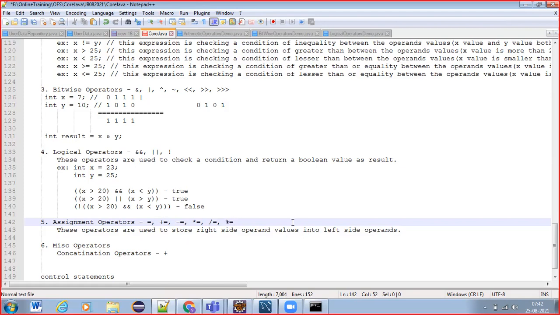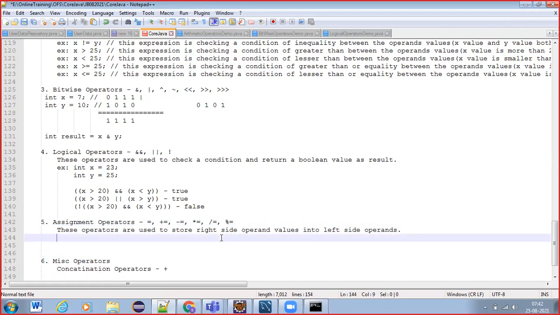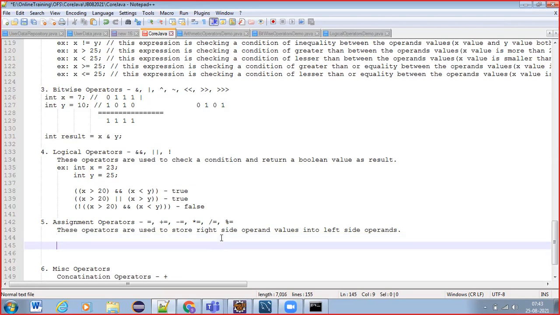Of course, bitwise assignment operators are also there, but I'm not going into all those things. Why? Because bitwise operators are not so simple and not so useful in regular programming. So I am ignoring them. If you are interested, you can go through bitwise operators more in depth on your own. But at this stage, don't go for bitwise operators, as that will confuse you.